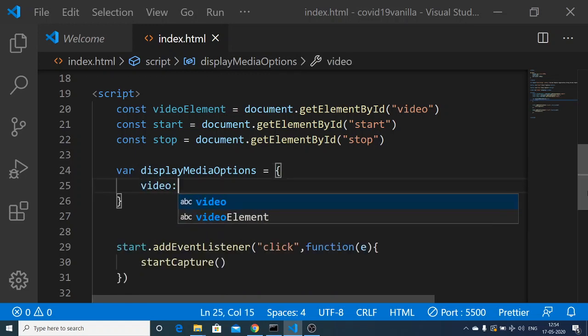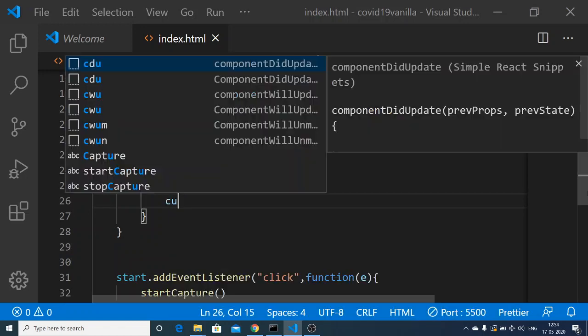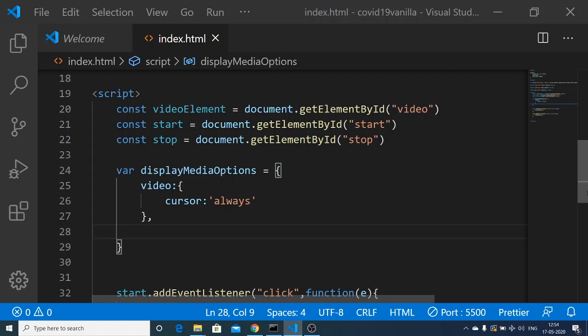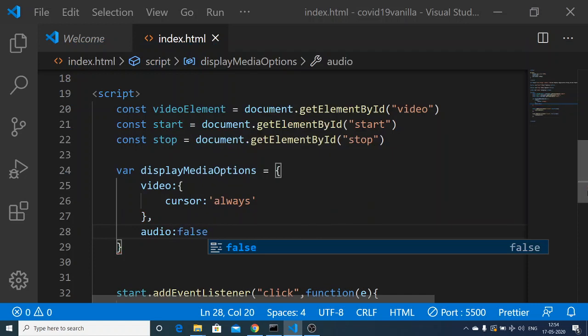The first property is video, which is again an object, and this has a property of cursor, which will be equal to always. The second property is audio. If you want to capture the audio as well; I don't want to capture the audio, so I will provide a boolean value of false. If you also want to get the microphone, you would provide true here.